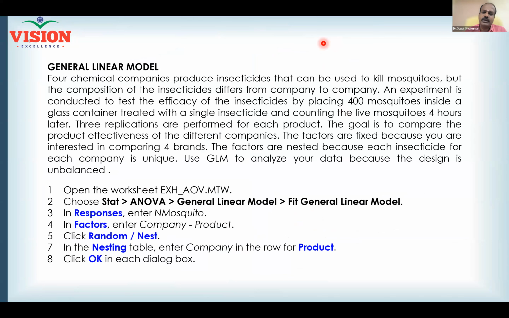Maybe that will take only another 10-15 minutes, but I don't want to disturb the next session because that is also equally important. As per the schedule, it is supposed to commence by 7:45. So I stop here. How to perform all of these in Minitab, and where to analyze for the general linear model, with an appropriate example, maybe another 15-20 minutes is needed. I will do that in the next class. Any questions so far? Everything is clear? Okay, fantastic. So we just have to stop here for your